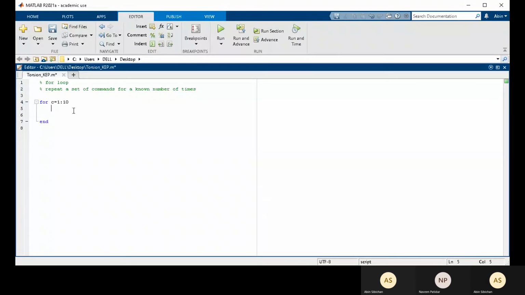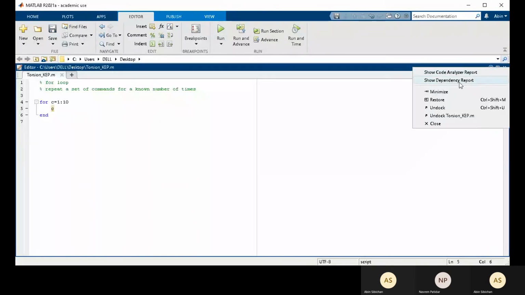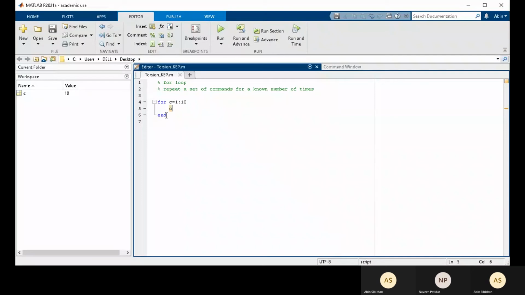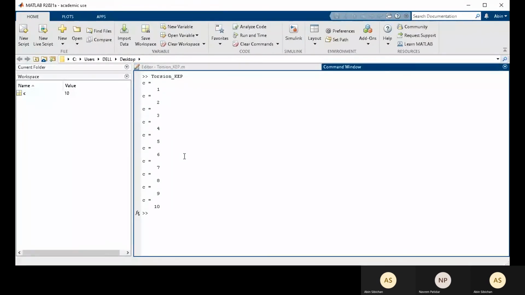So now I told we have to print. Either I can just put C. Each time it will just give the output in the command window, whatever C is coming in the loop. Okay, now it's been run. So we go to the command window.